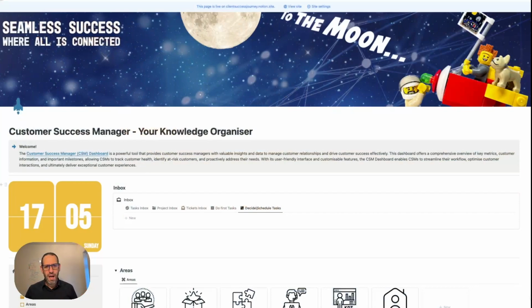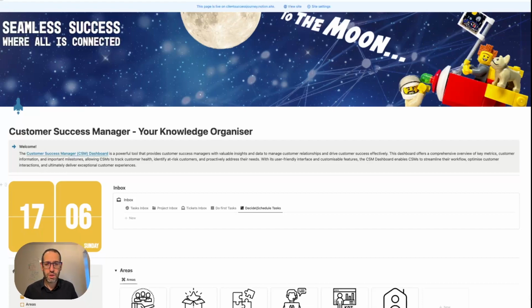So as you can see, this is the template and it is based on the PARA method. If you're not aware of the PARA method, you can go online, YouTube, and look for resources. There's plenty of good resources over there. You can learn a little bit about the PARA method. PARA method was introduced by Tiago Forte. It stands for Projects, Areas, Resources, and Archive. Basically, it's the easiest way to organize your digital life. And based on this one and a lot of help from videos from experts like Thomas Frank, I created this